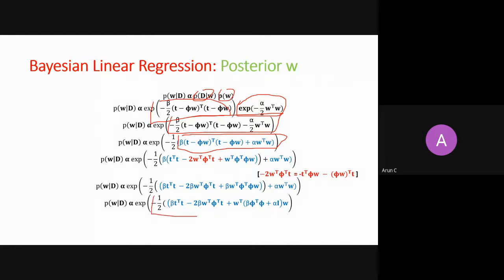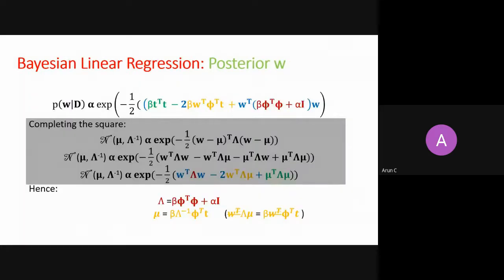Then this is what we got after solving it. So we have written it in a very specific form, and why we have written it in a very specific form, let's see. First you see this general formulation of a Gaussian distribution. So a Gaussian distribution can be written as this. This is your mean. This is your precision matrix, right? And this is the value W for which you want to calculate a probability, right? This is the formula for a Gaussian. If you expand it, this is what you got, right?